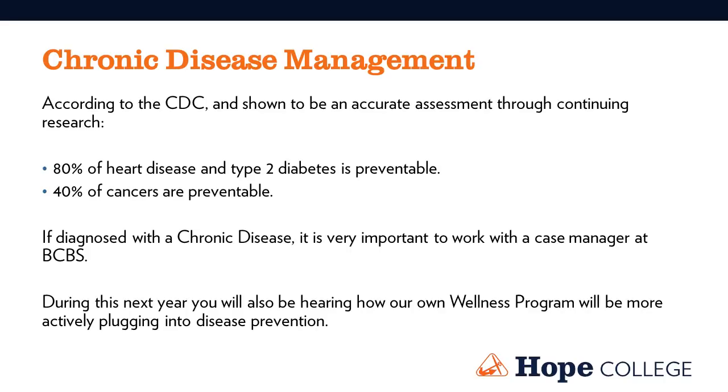Another way we can all save costs is through chronic disease management. Recent research and studies show that 80% of heart disease and type 2 diabetes is preventable, and 40% of cancers are preventable. If diagnosed with a chronic disease, it's very important to work with a case manager at Blue Cross Blue Shield. But also, because these are preventable diseases, during the next year, our benefits manager, Connie Vanderswag, is going